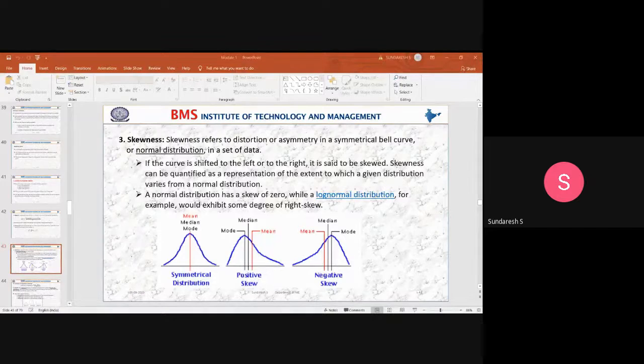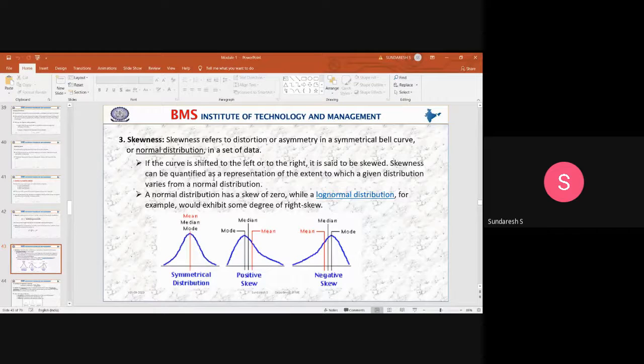Okay, so there we calculate the standard deviation, 3 sigma on either side. I think you might have studied this in your statistics or wherever, in UG classes, if you have taken statistical quality control. There you might have studied how to calculate sigma and variance, as well as the concept of the normal distribution curve, right? So here also, the concept of skewness that I'm talking about always refers to the normal distribution curve.